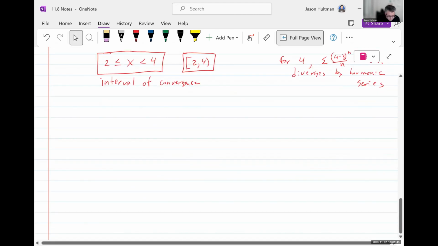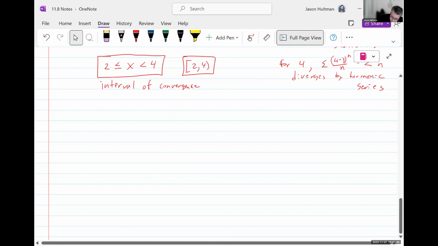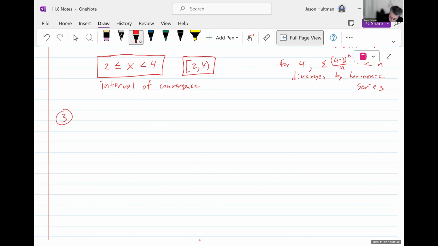Okay, let's do number 3 here. Find the domain of the function defined by J naught of x is equal to the sum of n equals 0 to infinity